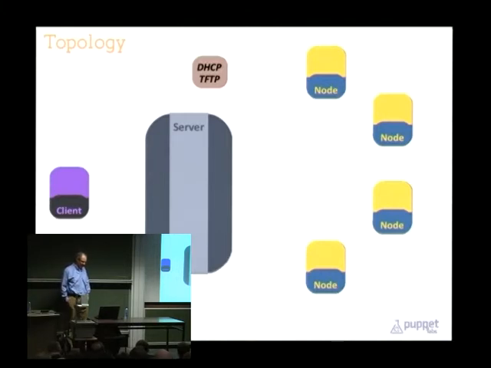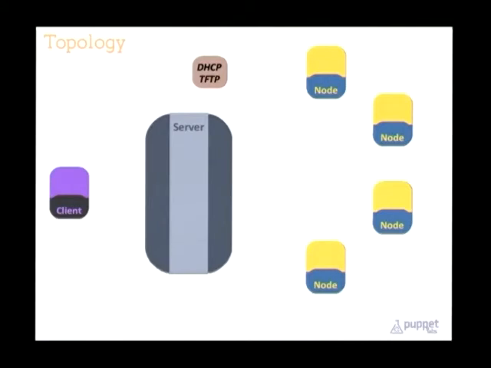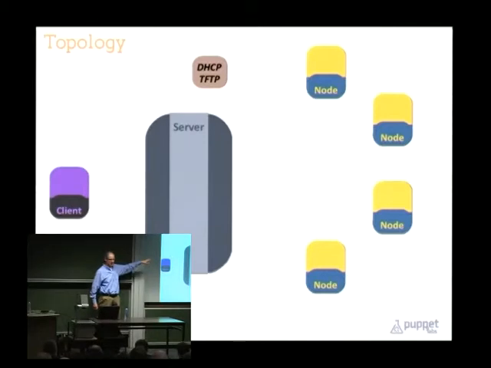In terms of topology, Razor has really 2 APIs. One is a public API that you can think of as the management API. That's what you use to tell the server what the policy and rules and whatnot are. And then on the other side, there's a kind of private API that nodes use to talk to the server while they're getting installed or while they're booting. That private API really only comes into play for you if you decide to write your own custom installer to do useful things, because then you need to know how to get files from the server, how to tell the server to log something, or